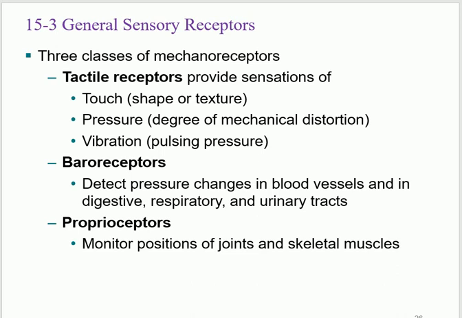Proprioceptors, this is the last one, using the same mechanoreceptors. These are the ones in your joints and muscles. What's the function of the proprioceptors? What do they do? Position and balance, specifically position. It's position to help you with the balance, but position. That's why it's located in joints and